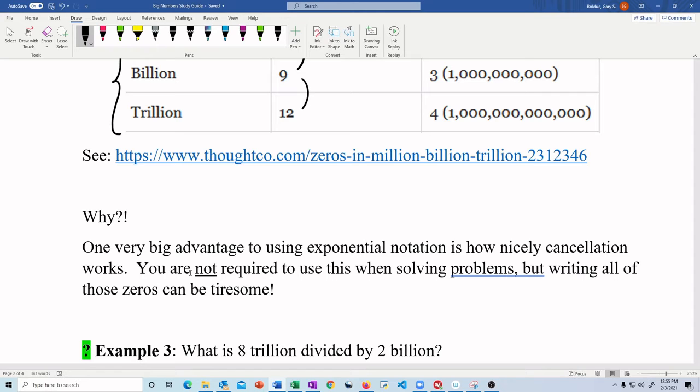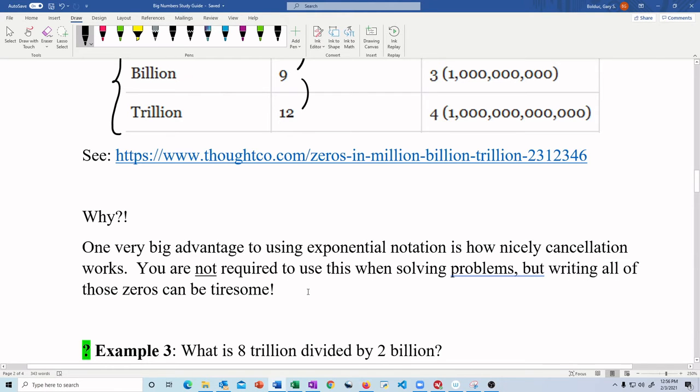You'll be more prone to errors, forgetting a zero when you type it into the calculator or write it down. So it's something you got to figure out for yourself. I'm fine with you either way. Exponential notation, standard notation. I may ask you problems which say, please write this number out in both. So you got to be able to know what both mean. But when you're doing problems, stick with what